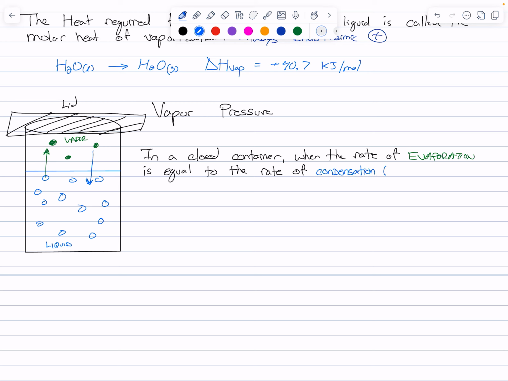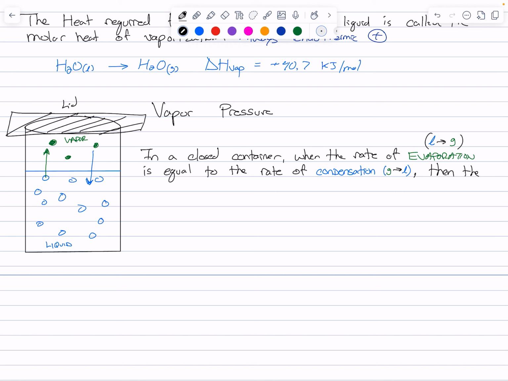And condensation is when a gas goes to the liquid. And evaporation is when a liquid goes to the gas. Those are our phase changes. So when those rates are the same,